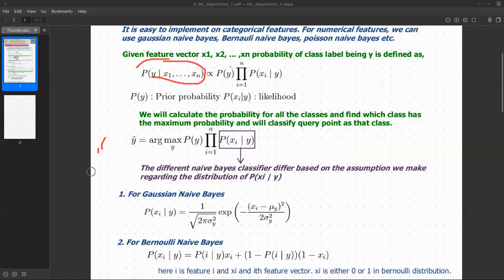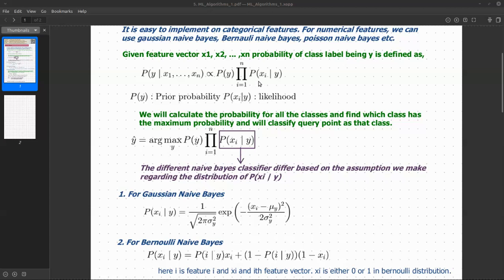So how to calculate naive Bayes? Calculate all these probabilities first for different values of y: 1, 0, 2, 3, whatever the categories you have in the dependent variable. Then find out for which value of y you are getting the highest answer. That is nothing but your prediction. Spam or not spam, play tennis or not, play golf or not, right?